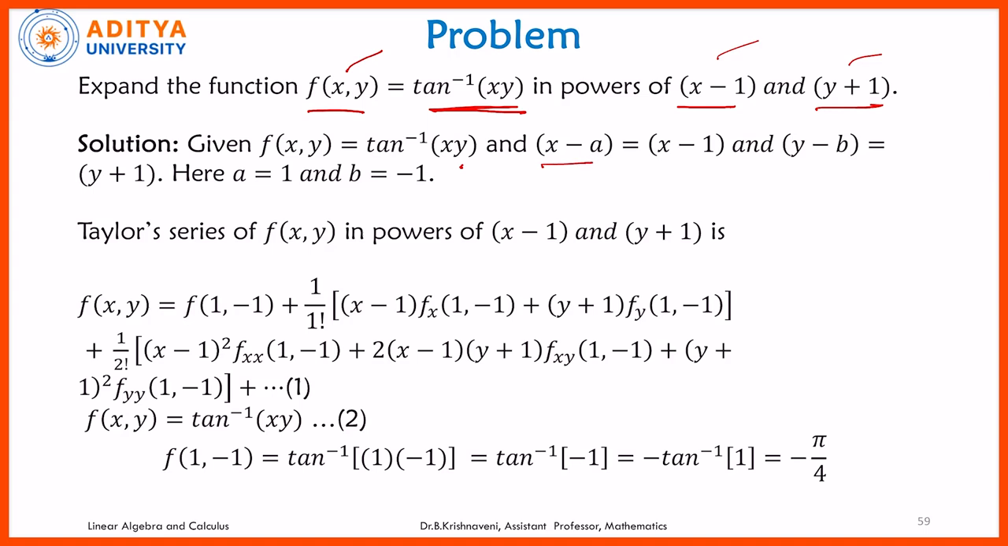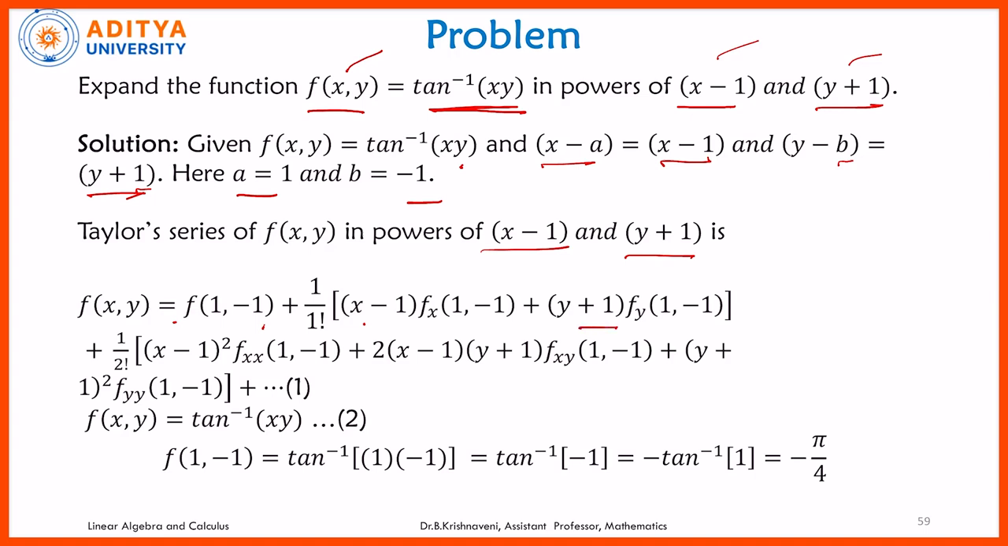So now given f(x,y) is tan inverse xy. Compare x minus 1 with x minus a, y plus 1 with y minus b. Then a is equal to 1 and b is equal to minus 1. So now write down the Taylor series expansion in powers of x minus 1 and y plus 1. That is, substitute a equal to 1, b equal to minus 1. So then the Taylor series becomes f(x,y) is equal to f(a, b), that is f(1, −1), plus 1 by 1 factorial into (x − a) into fx(a, b) plus (y − b)